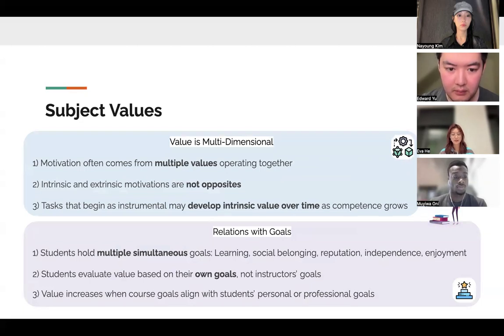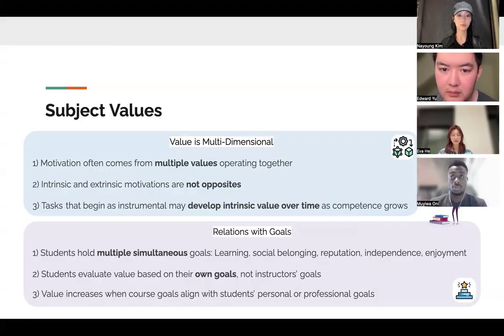Importantly, the reading emphasized that value is multidimensional. Motivation rarely comes from a single source. Attainment, intrinsic, and instrumental value often work together. Intrinsic and extrinsic motivation are not opposites. They can reinforce each other. And tasks that begin with only instrumental value, such as required courses, may develop intrinsic value as students